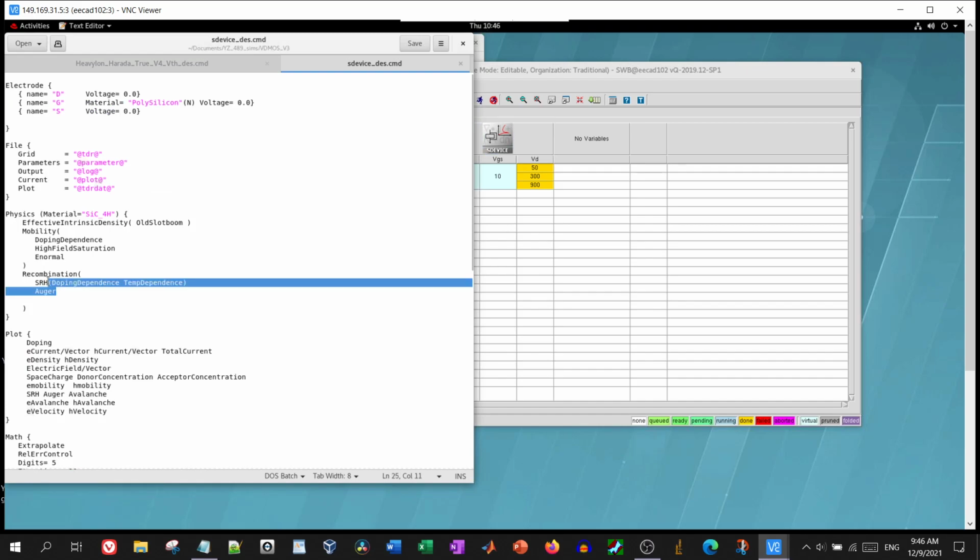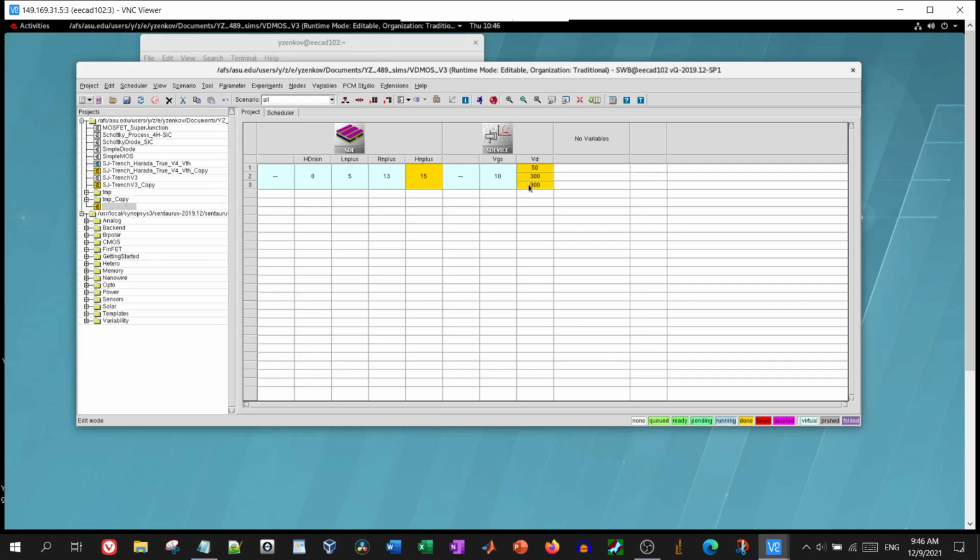It's hard to believe, but just adding in one keyword with the name of a model as specified in the manual can completely change the scope and time of your simulation. You could add this and it could explode from a couple minutes to a few hours. And this is important. For example, if I look at the IV curve, which is something important that you're going to want to do,